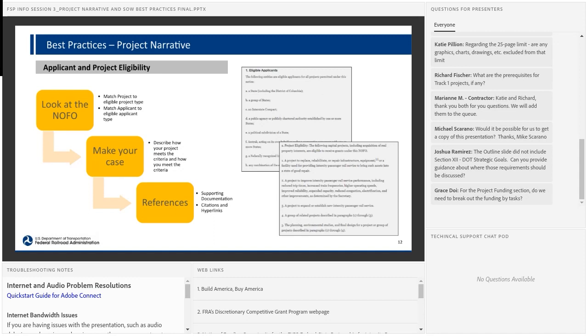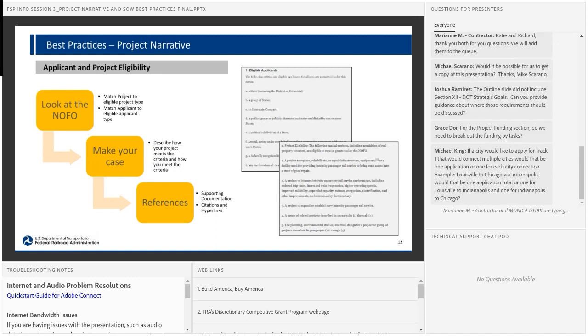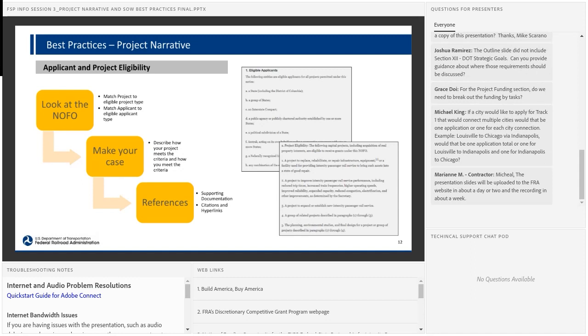Match your project to its eligible project type in the NOFO, and match yourself as an applicant to the eligible applicant type. And then make your case, right? So describe how your project meets the criteria and how you meet the criteria for eligibility. And also include some references of supporting documentation, citations, and hyperlinks as necessary.